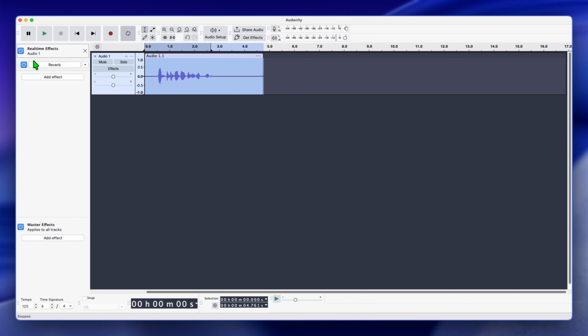It's just as simple as turning off this reverb effect here. And once you click on this button here and you play,